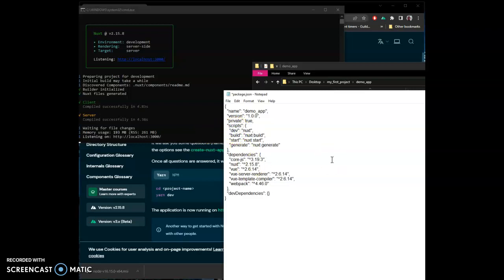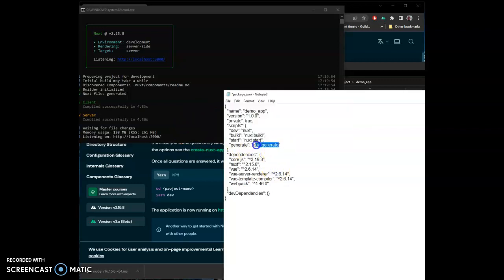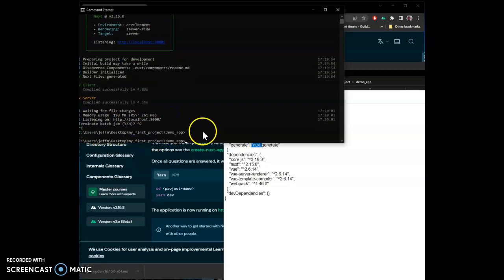In this case, I put npm run dev. It ran this dev command, which just runs Nuxt. That's all. It's just a shortcut configured. The reason you do that is sometimes you want to execute several commands. Like if I want to do Nuxt and generate, I can make a shortcut command that's just npm run generate, instead of having to type Nuxt generate or Nuxt start or Nuxt build. So you'll see it says listening on localhost 3000. If I were to just do